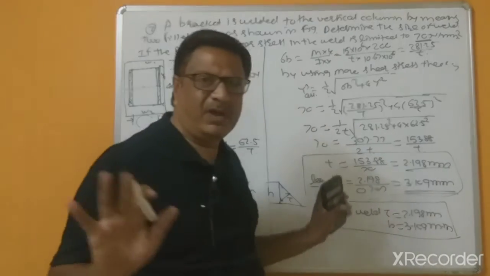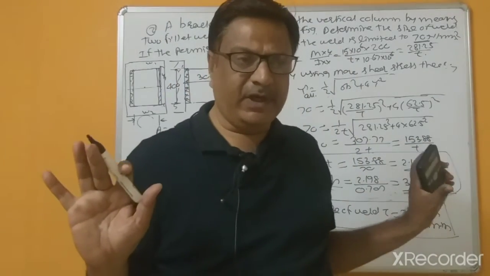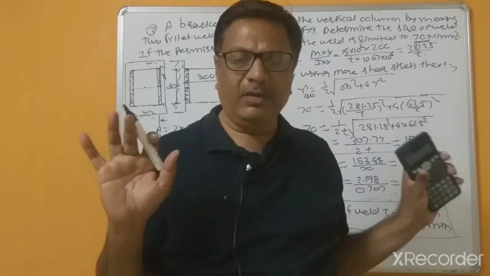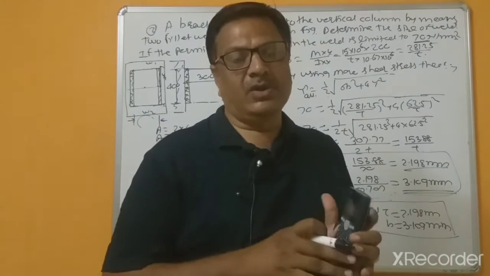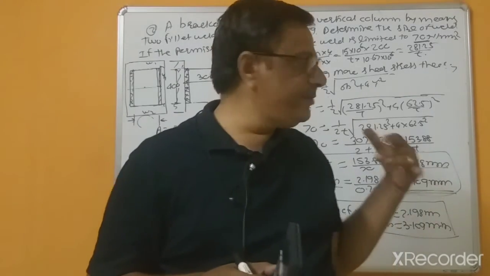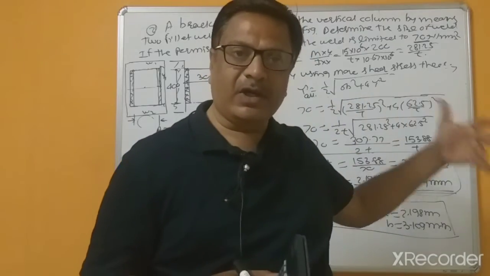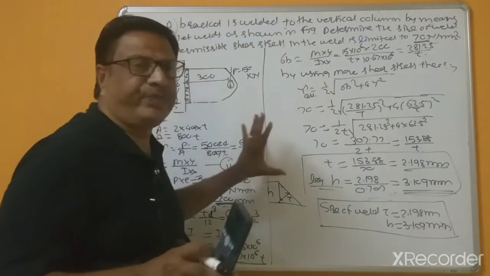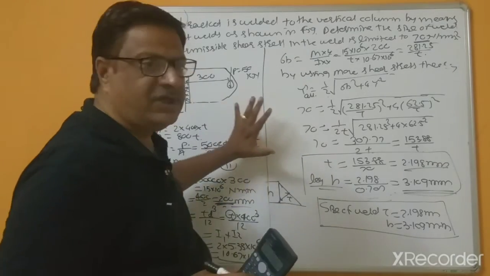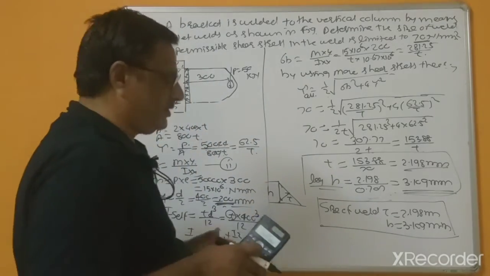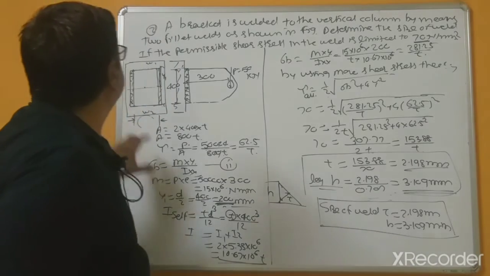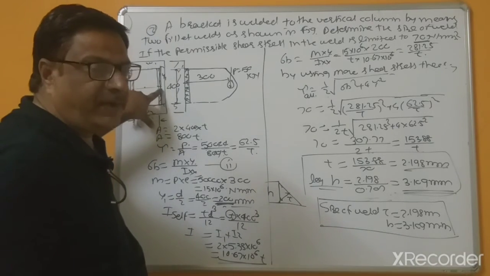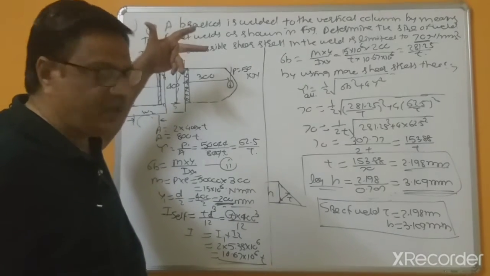So in a simple way I am explaining this within the minimum steps. The steps given in the books are more complicated, so that's why I am simply within 2 or 3 steps you will get the answers. So in this case 2 vertical plates, in the previous problems 2 horizontal plates.